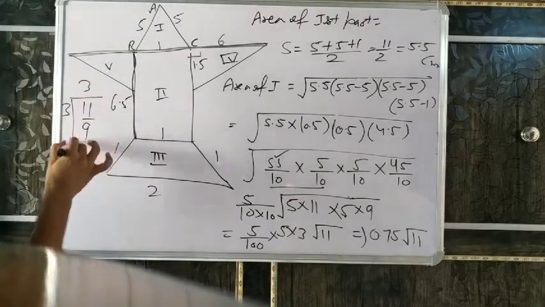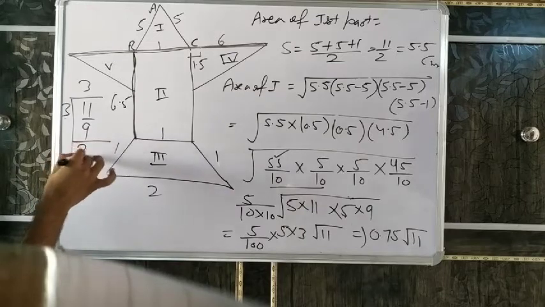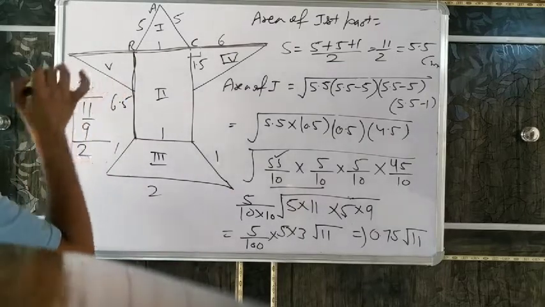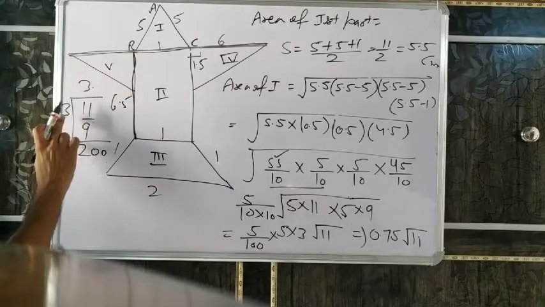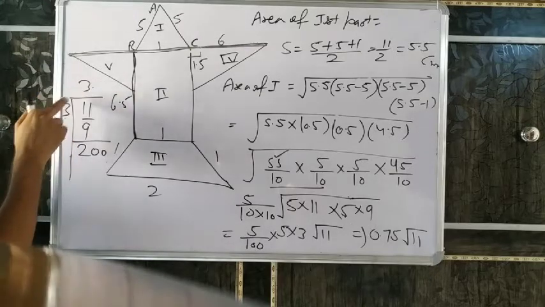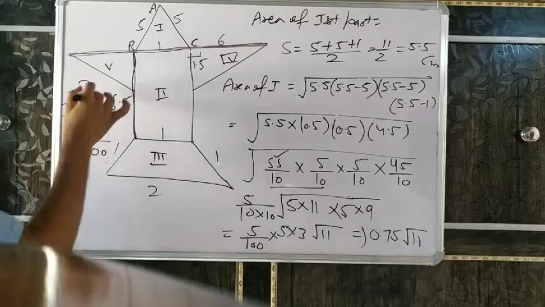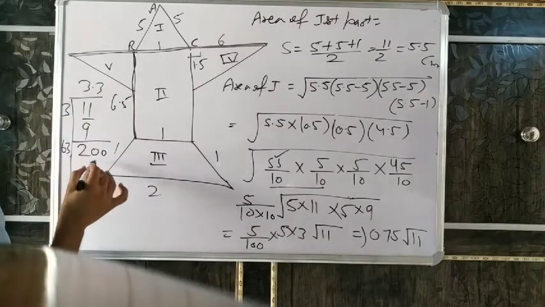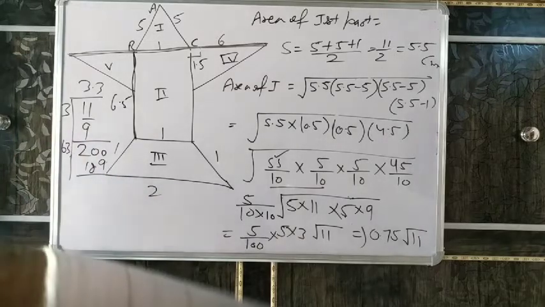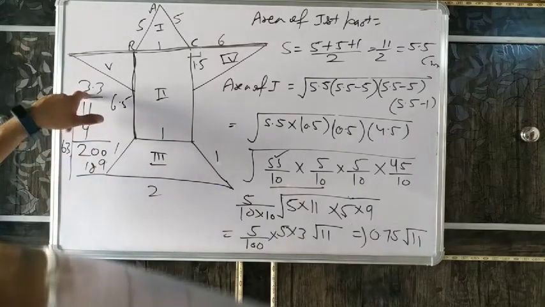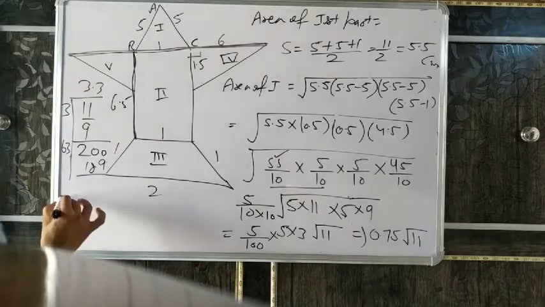3 into 3 is 9. Now the decimal, double zero. In this number we add the last digit, only one digit: 3 plus 3 is 6. Same number right here: 63 into 63, 3 into 9 and this one. And only one decimal is enough. So what is the value of root 11? It is 3.3. So we will write its value.